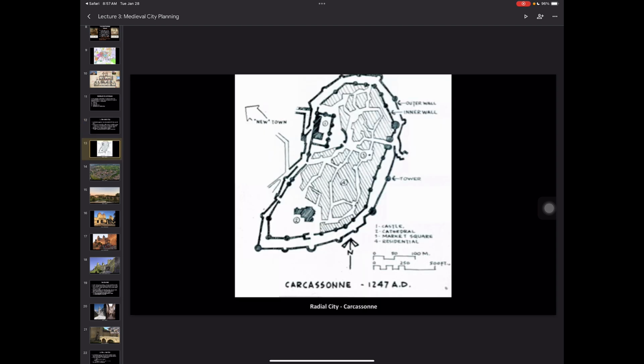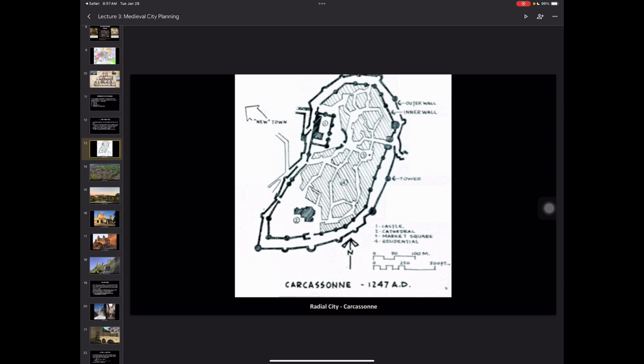All right, so this is an example of a radial city. You'll notice that it is not a perfect circle, but when you look at that center, which we know is somewhere right here, we can begin to see how these streets radiate out from that central point, right? So you can see this one leads to our entrance over here, this one goes over here, and again, they're not straight because they're trying to work around the things that are already there, and there's no central planning authority.